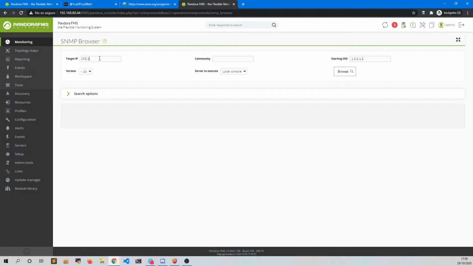For example, this one, its community, the version of SNMP, and the OID or branch we are going to scan to view the information that we'll receive. So if we have these fields complete, we check in browser,